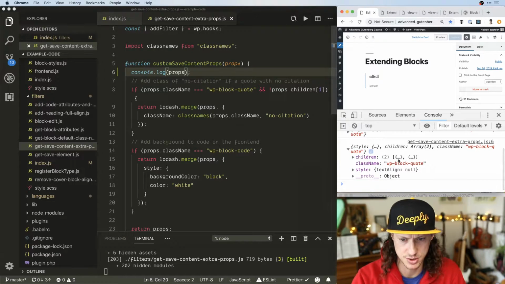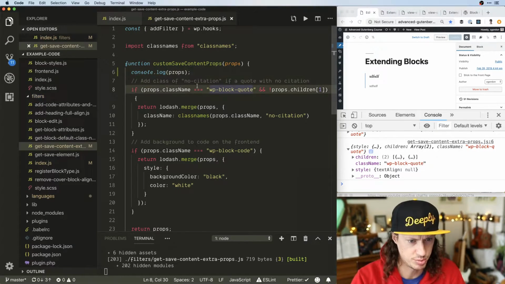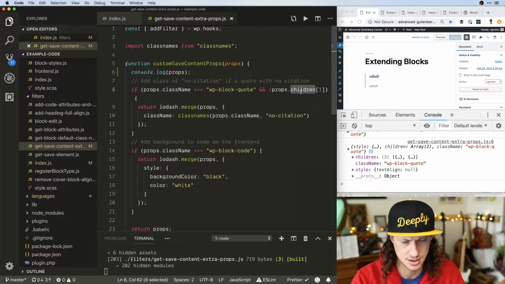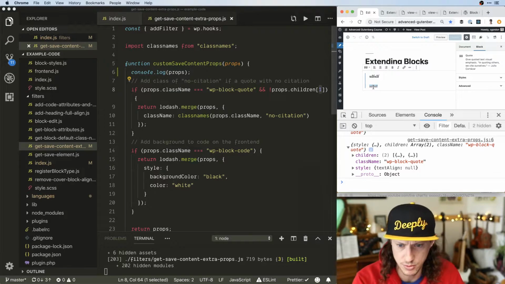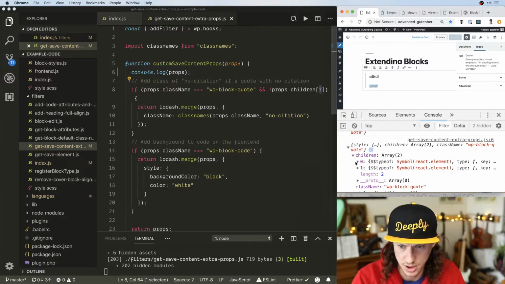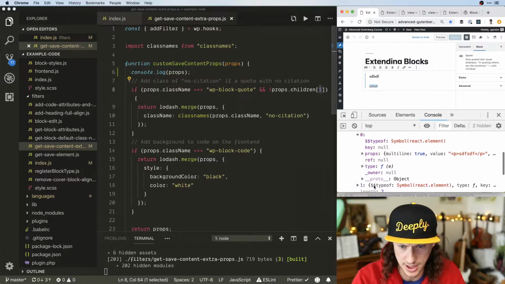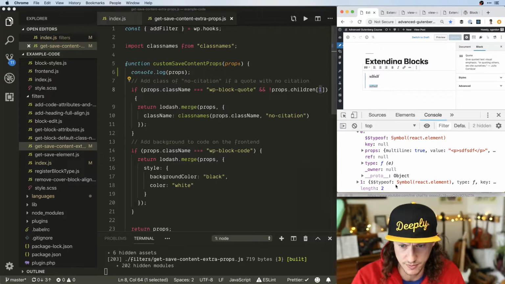Okay, so we've got children and class name. So that really is all we have to work with. So if the class name is WP block quote and props.children is not, and there's not a second one. Oh, because there's no citation. I see what we're doing now. Okay, so let's say that we remove, see now there's two children. We've got one for the element, which is this, and we've got one for,